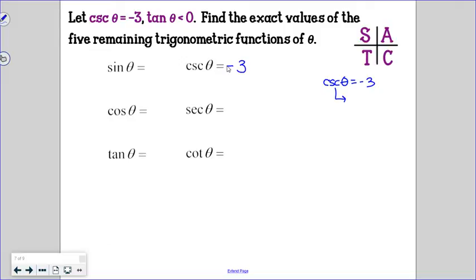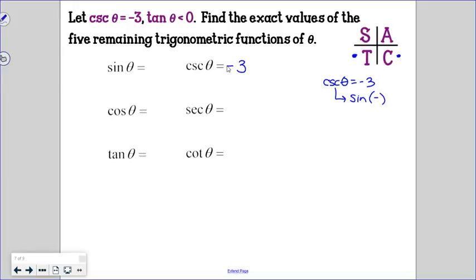Dylan, cosecant is a reciprocal of which one? So they're telling us that sine can be negative, right? Or that sine should be negative. Kenzie, which 2 quadrants can that happen in, if sine's negative? Yeah, 3 and 4. Everything's positive here, so that's not it. Sine is positive here. So if it's negative, it could happen in quadrant 3 or it could happen in quadrant